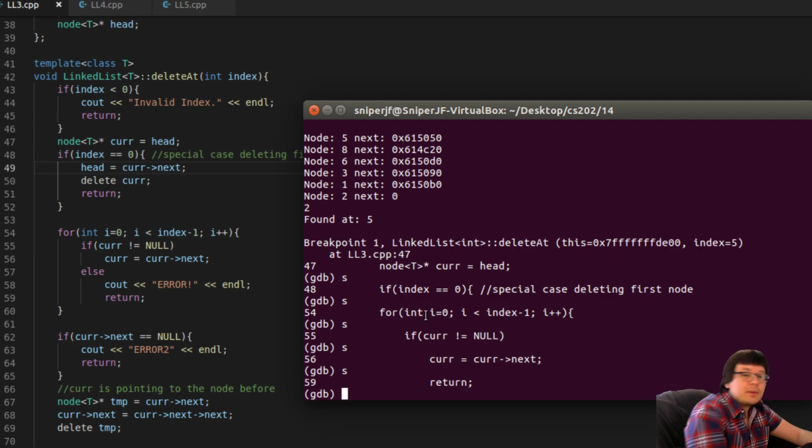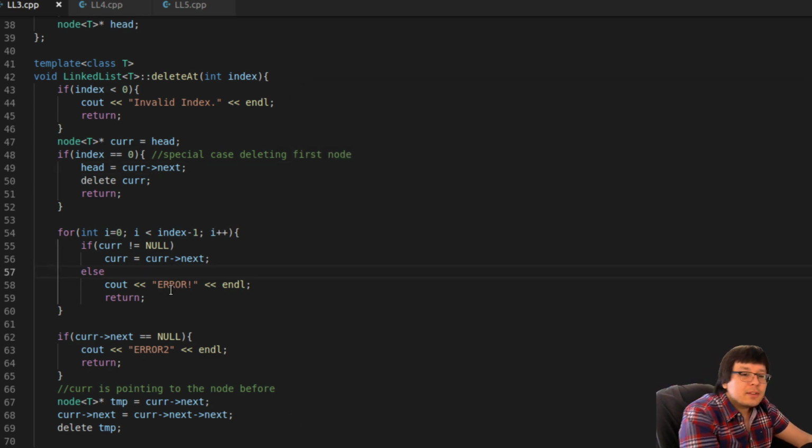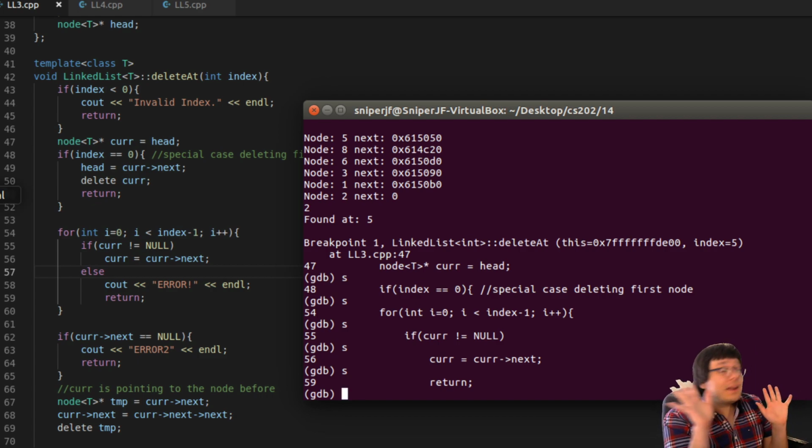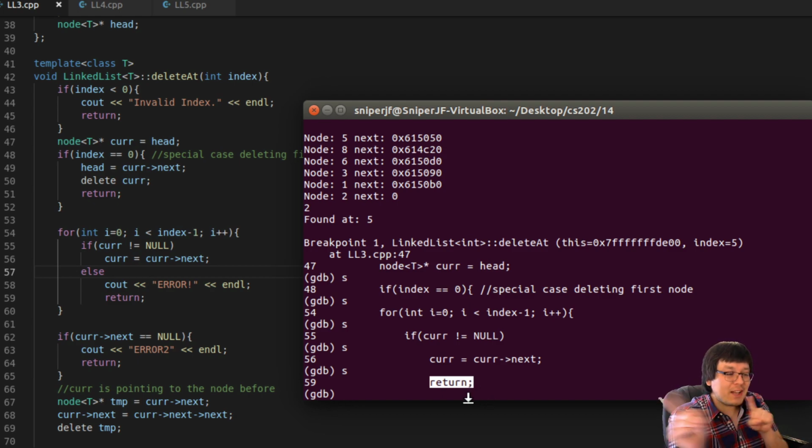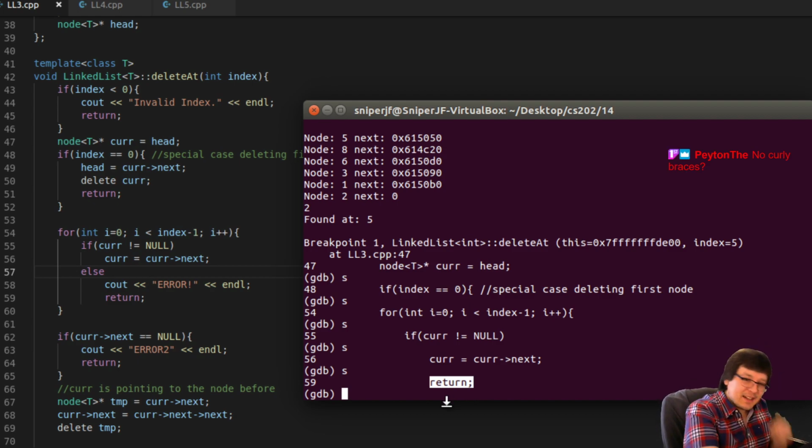Oh, that's the problem. Okay. Before, see if anybody catches it. It should not have hit this return statement, but it did. So do you guys see what the problem is? What I missed, which probably happened because we're coding quickly and kind of dirty. Yes, no curly brackets. That is the problem indeed.